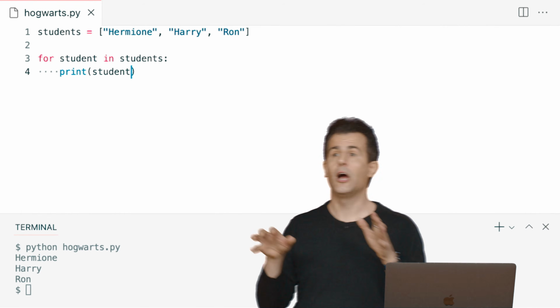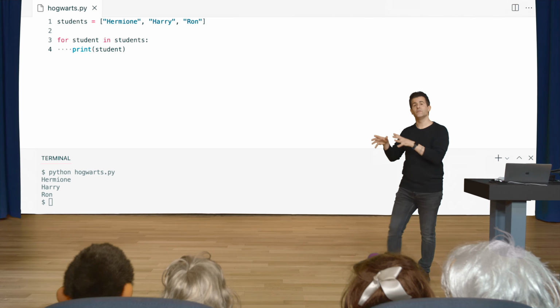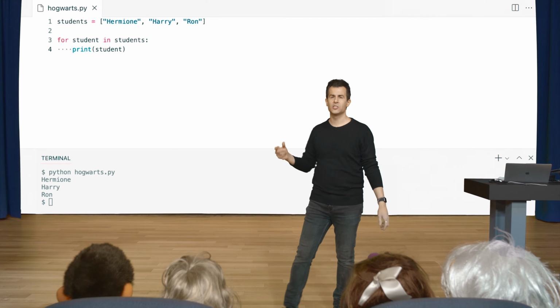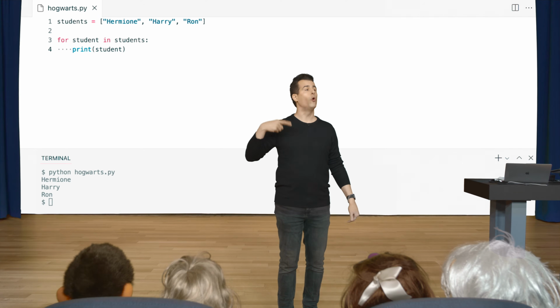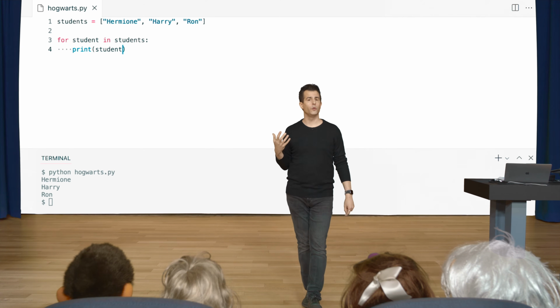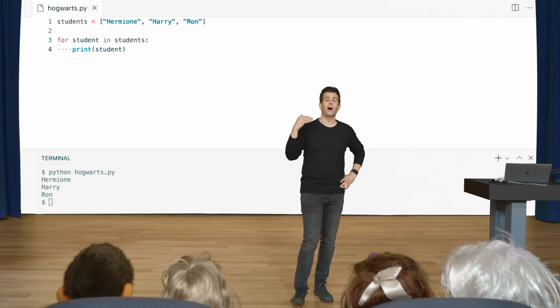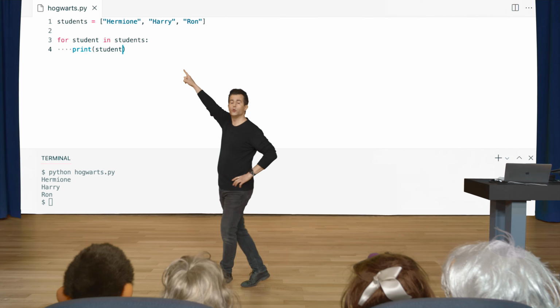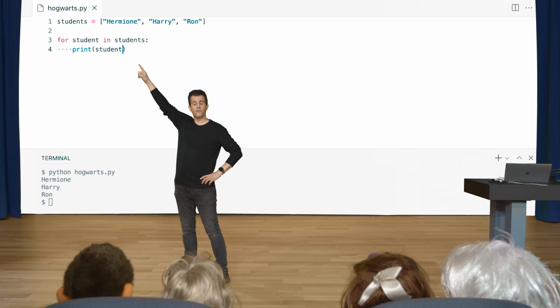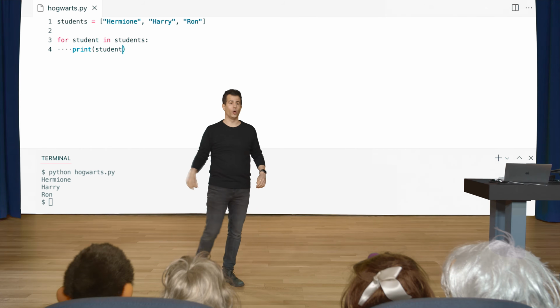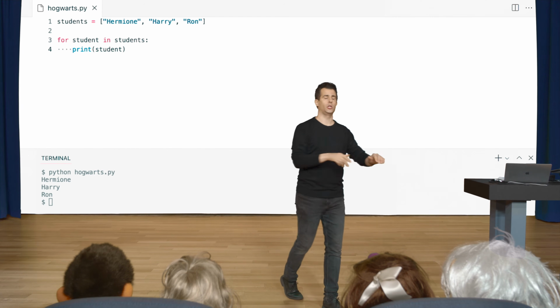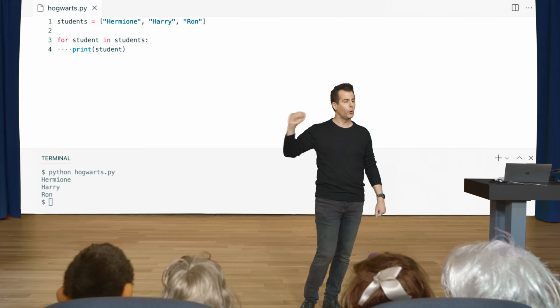Well, let me pause here to see if there are now questions about lists, as I've now defined them, a list of strings in this case, or using a for loop now to iterate over and print each of those names. Yeah, so is it not necessary to initialize student in this case, or we can just declare a variable in the loop? Good question. You do not need to manually initialize it. Python takes care of initializing the student variable to Hermione first, then Harry second, then Ron third. Unlike other languages, you don't need to initialize it to something yourself. It just exists and it will work.